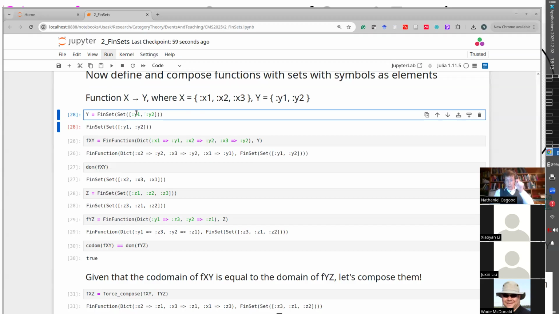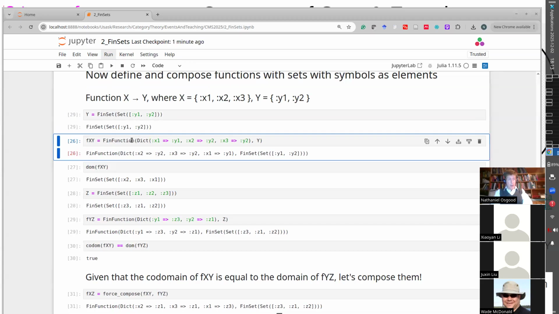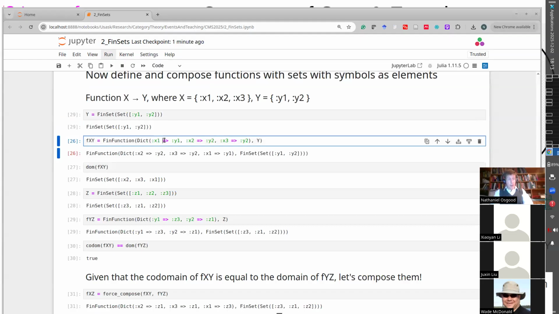Here we're going to give them nice names like y1 and y2, and that will be a set of size 2, and then we're going to define a fin function that will